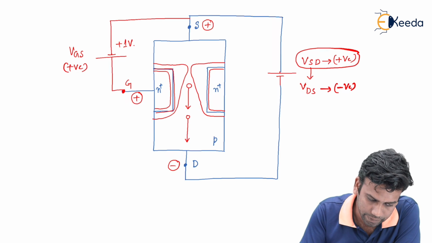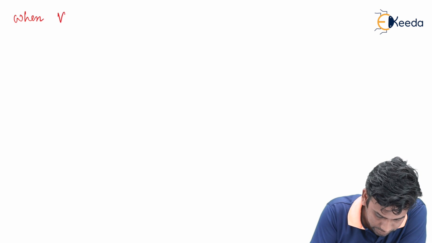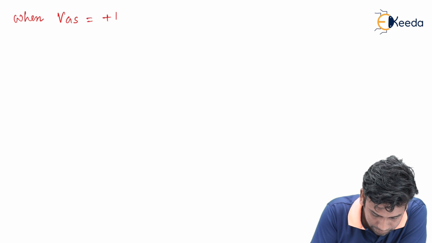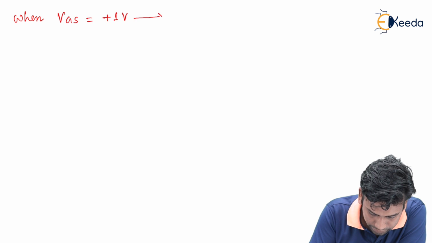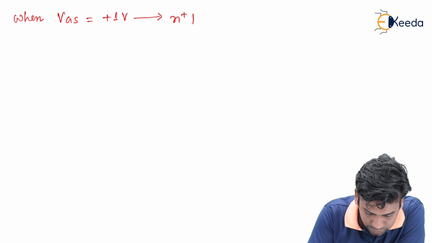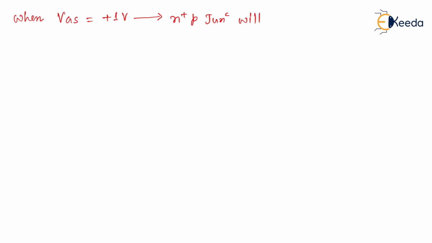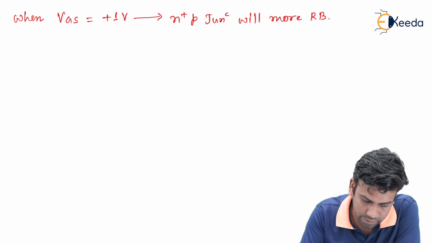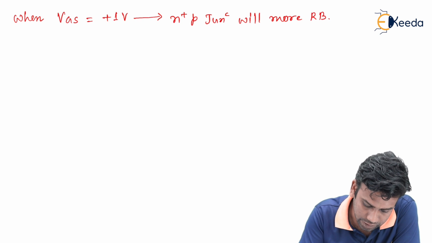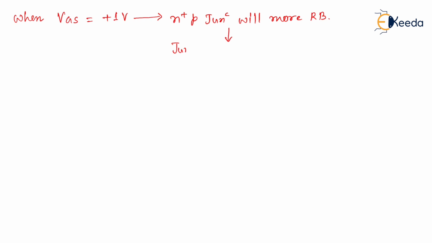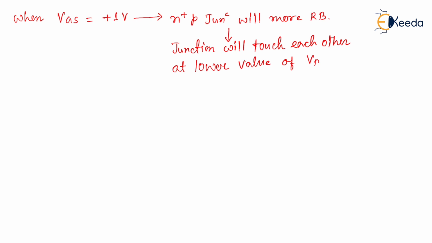So we can say that when VGS is plus 1 volt, the N plus P junction will be more reverse biased, and since it is more reverse biased, the junction will touch each other at a lower value of VDS or VSD